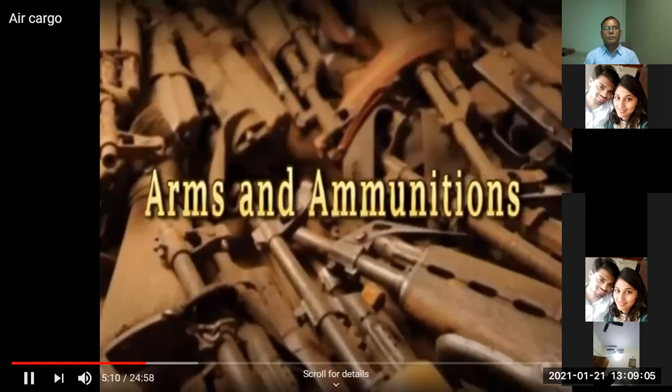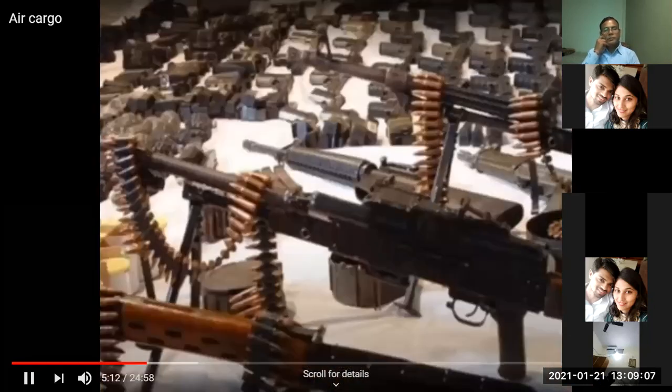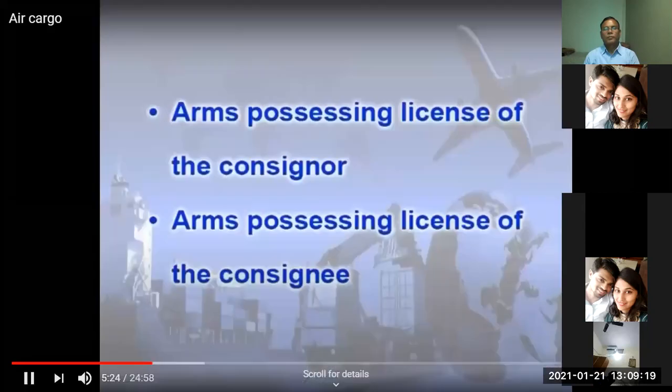A hermetically sealed certificate issued by coffin makers should also be obtained. Next is arms and ammunition. Seldom are arms and ammunition carried on scheduled flights. However, when arms and ammunition are to be sent as cargo, the following documents are required. They are arms possessing license of the consignor, arms